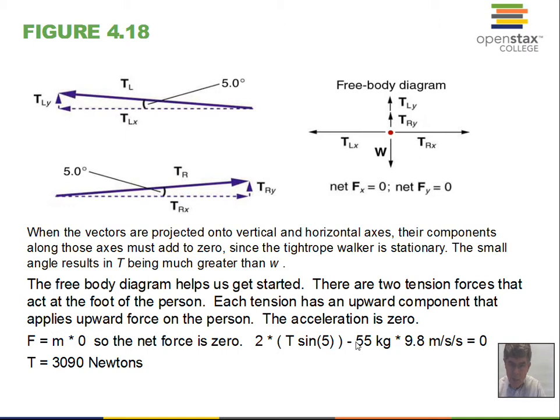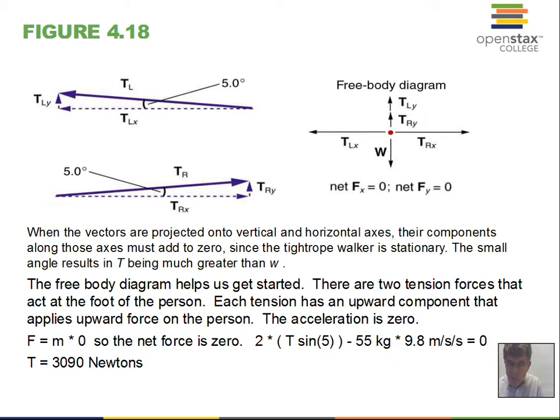Then downward, we have 55 kilograms times 9.8. mg is the weight of the person. And on the right side, the acceleration is 0. We want the person to not be accelerating upward or downward. So you work this out: multiply these numbers to get the value here, add to get that off to the right side, divide by 2, divide by sine of 5 degrees. Hopefully you'll agree that 3090 is the value of the tension, over 3,000 newtons, a lot larger than the weight